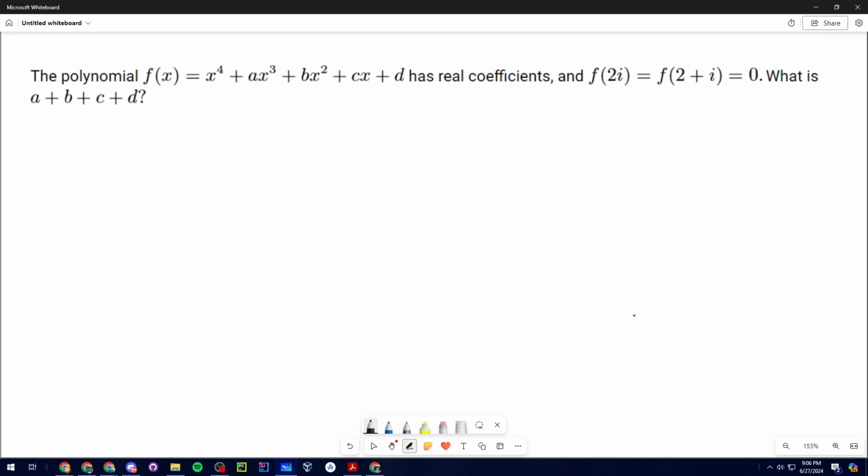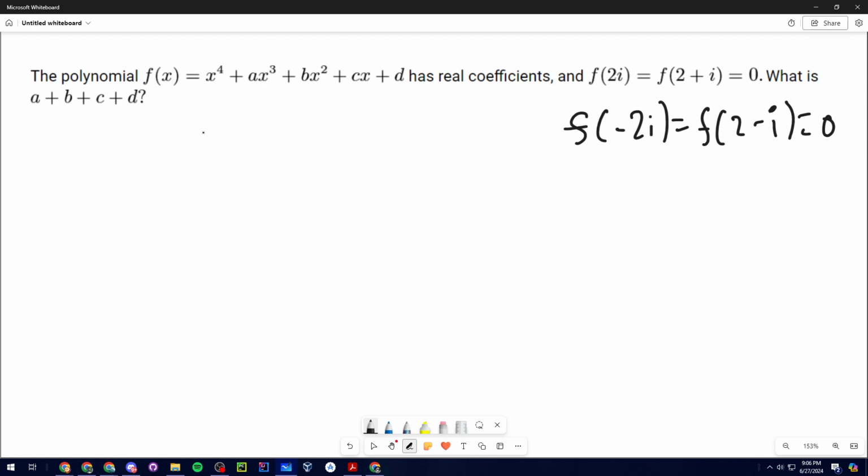you have this polynomial, and you know that f of 2i is equal to f of 2 plus i. And why is that important? Because that means that also f of negative 2i, because remember the conjugate of 0 plus 2i is 0 minus 2i, right, is equal to f of 2 minus i, which is equal to 0. And I only have 4 solutions because it's a quartic, right? So because of that,